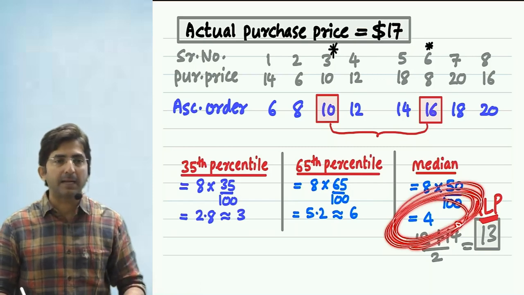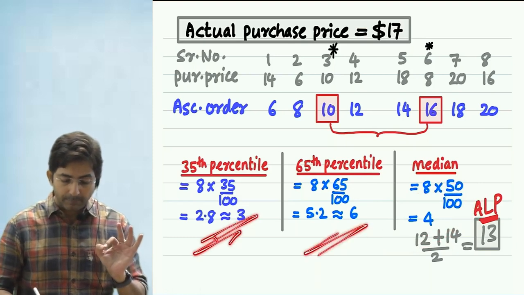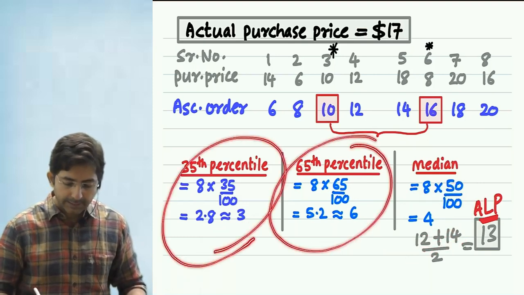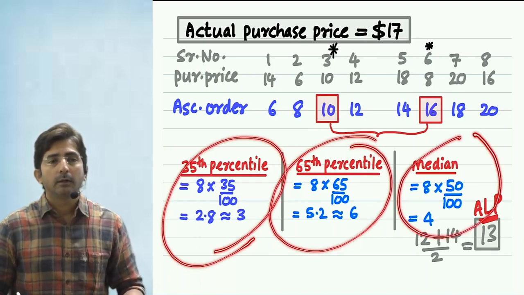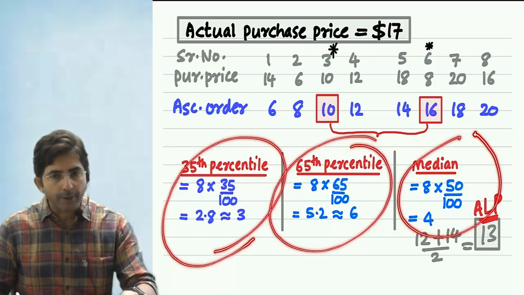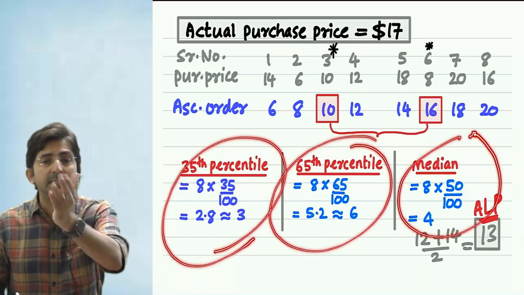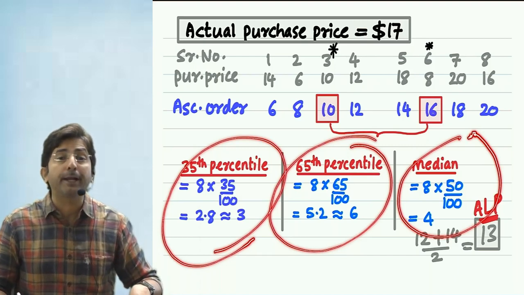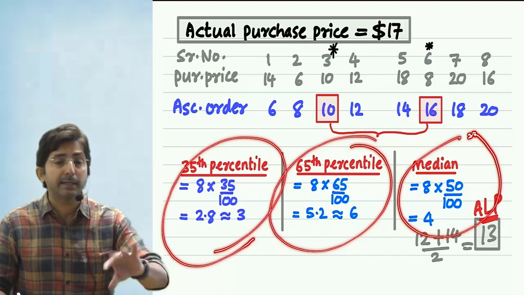Directly the 7th price becomes the median. And see, this policy is applicable everywhere. In all these 3 steps, what is the protocol? If the answer is in decimal, take the next higher number and the price against that is the answer. And if the answer is not in decimal, if it is a whole number, then that price and the next price